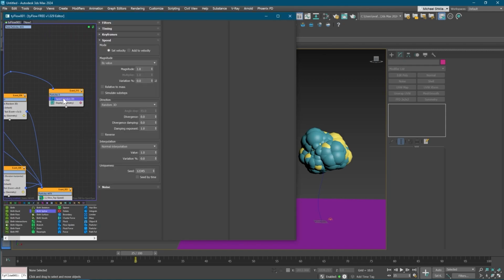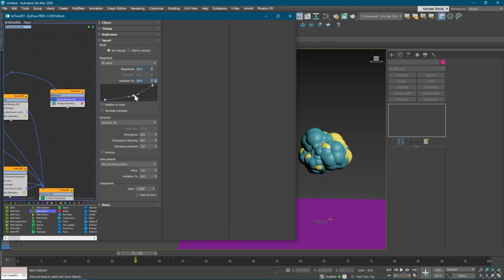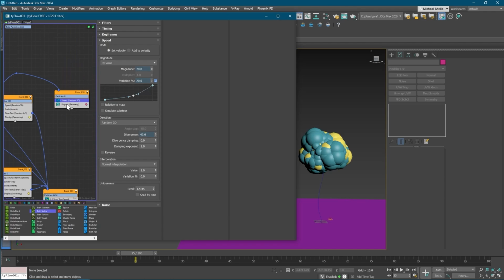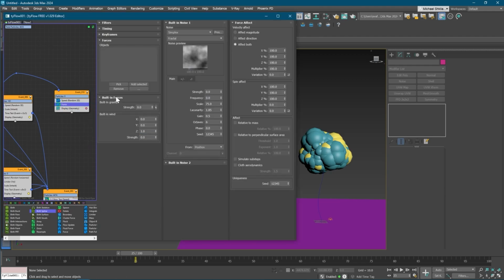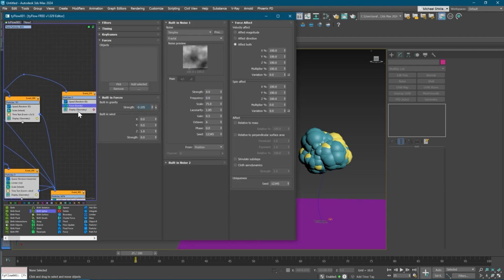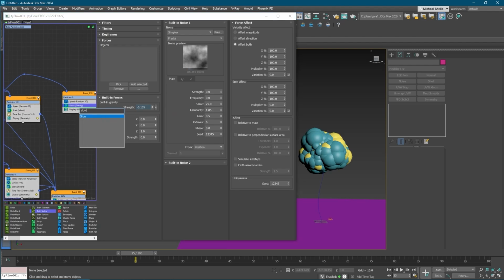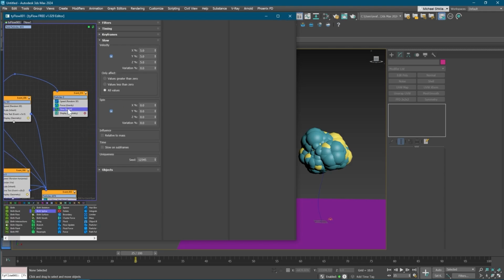So we're gonna do speed. We're gonna do random 3D because it's on the top, and we're gonna do quite a big magnitude with some variation. Maybe do diversions, but for random 3D it doesn't really matter. Let's also do a gravity in here, and let's slow them down. Now